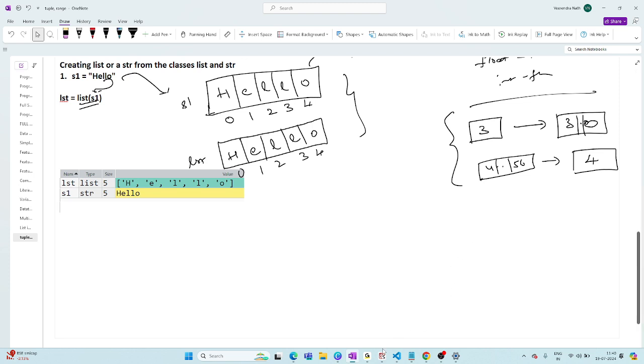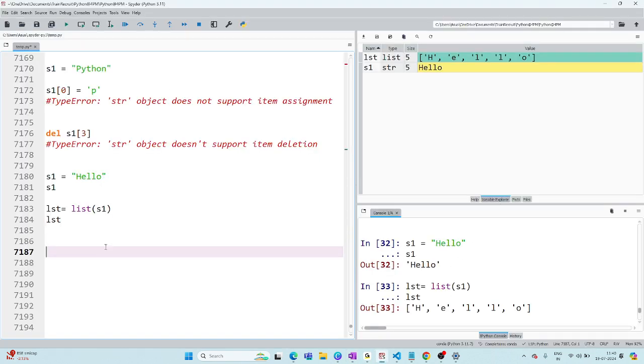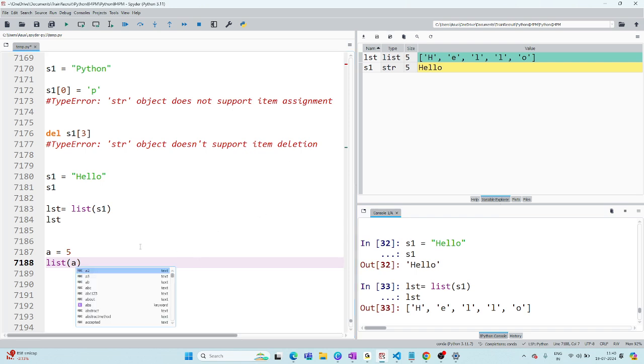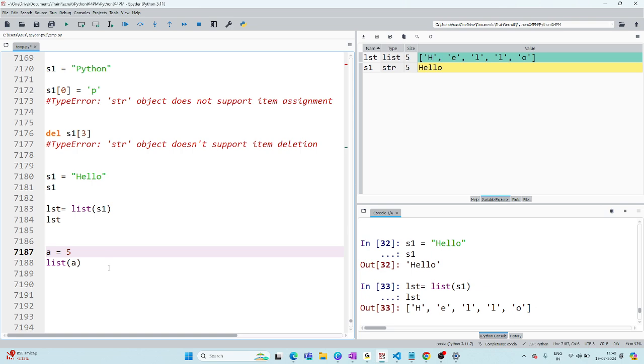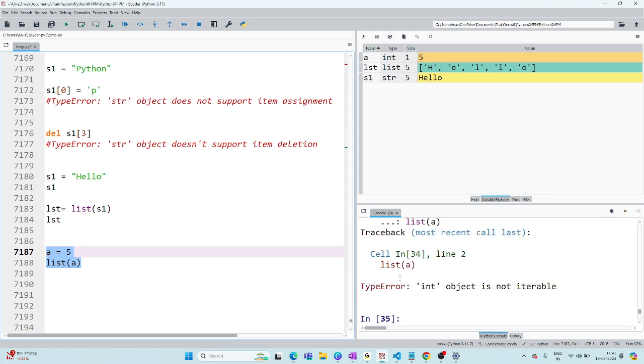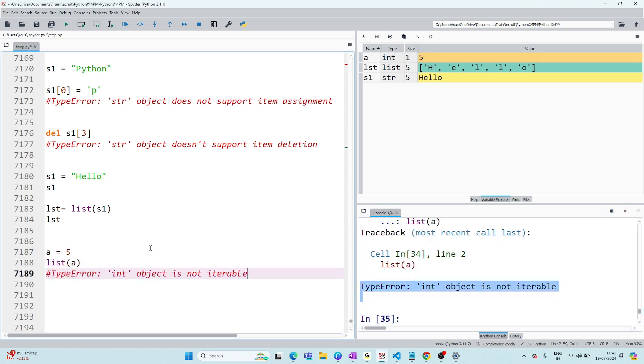For example, A is equal to 5. Now if I say list of A, tell me what happens. So 5 will become one element, you are saying, isn't it? Okay. Now let's see what happens. Why is it giving you a type error?